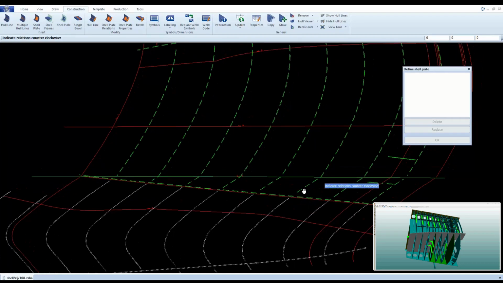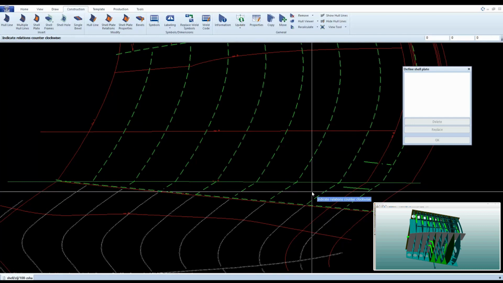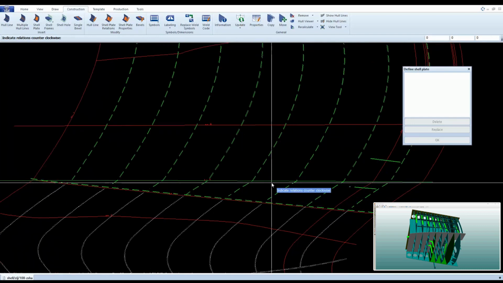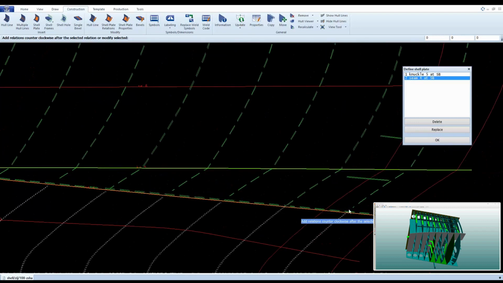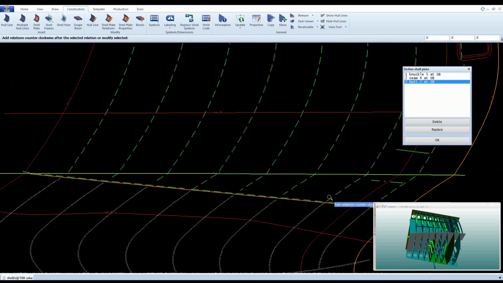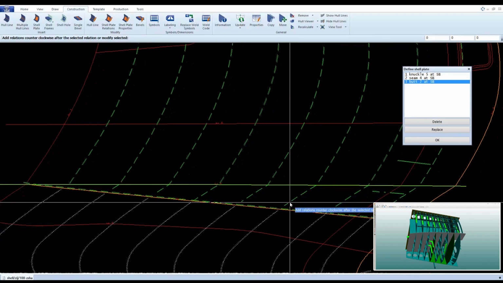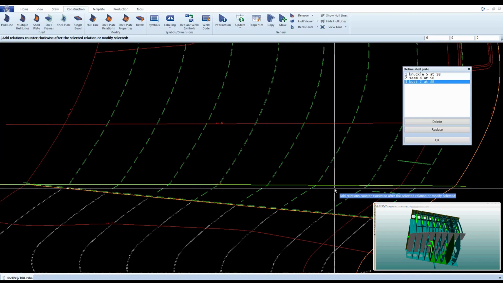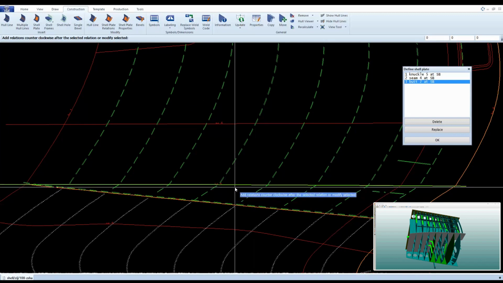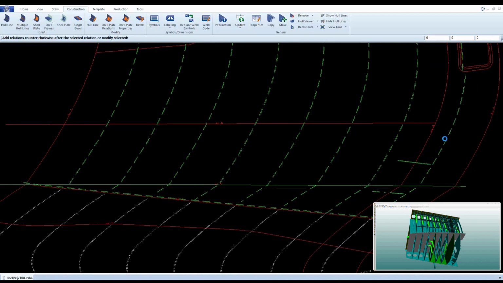The second step in creating the shell plate is to define the borders of the shell plate. And how you do that, you just select them in the screen. I select this hull line, this hull line, and this hull line. Notice that you can select hull lines from the user-defined database, but you can also select hull lines from the shape database, like this knuckle line. Now I press on OK,